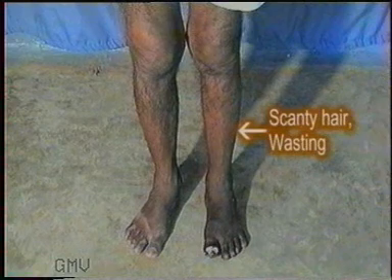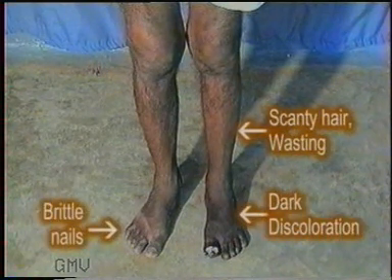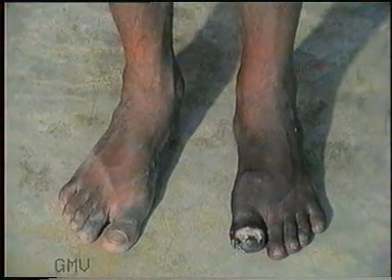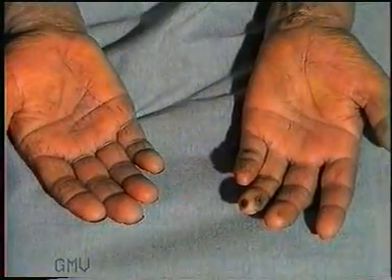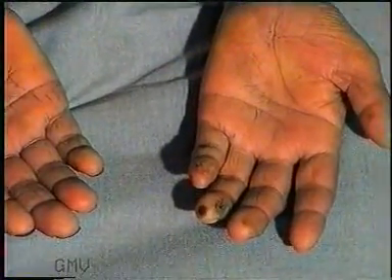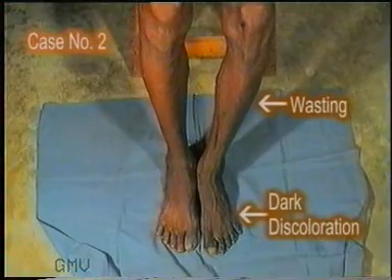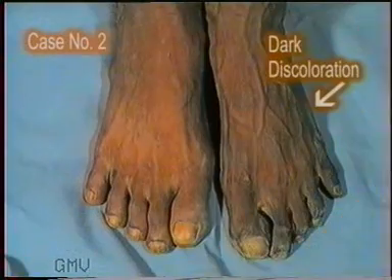A chronically ischemic limb looks pale and thin. The skin over the lower part of the leg and shin is thin and shiny with scanty hair. The leg is thin due to loss of subcutaneous fat and muscle wasting. The nails are brittle with transverse ridges. As the blood supply becomes critically less, the distal parts of the fingers and toes become darker in color, and the tips of the fingers or toes may show ischemic or trophic ulcers. Once again, note the ischemic leg on the left side, which is darker than the normal right leg and has a wasted, shriveled up appearance.